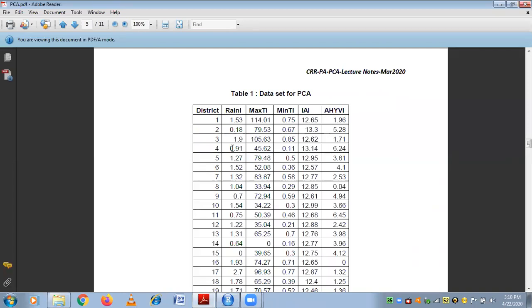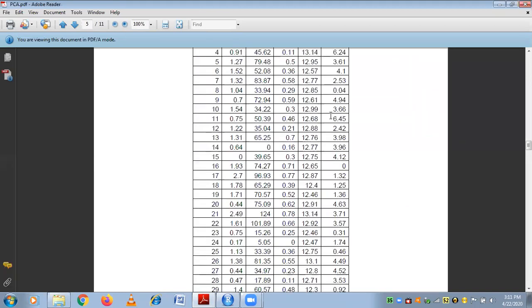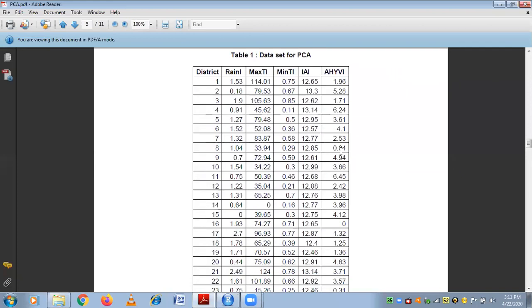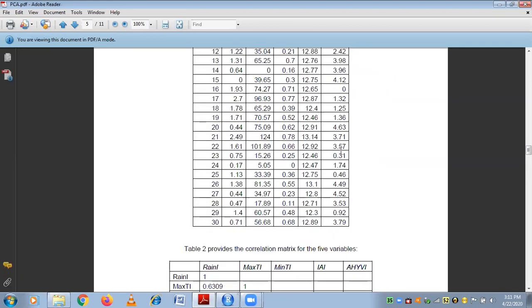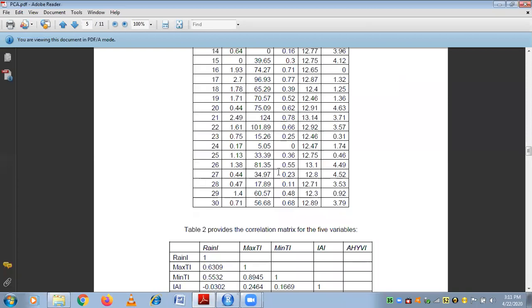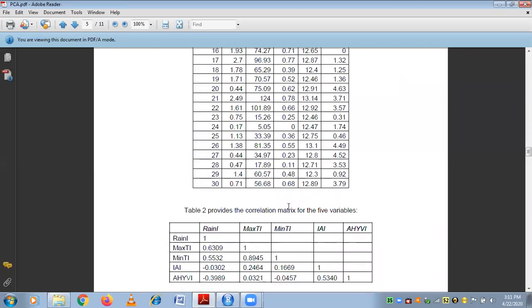This is your rain level, your maximum temperature, minimum temperature, and the irrigation level, and this is going to be your harvest details, the yield details for each of the crop. This is the data set we'll be using, and when you compute the correlation matrix, this is the correlation matrix you get for this data set with 30 different district information.